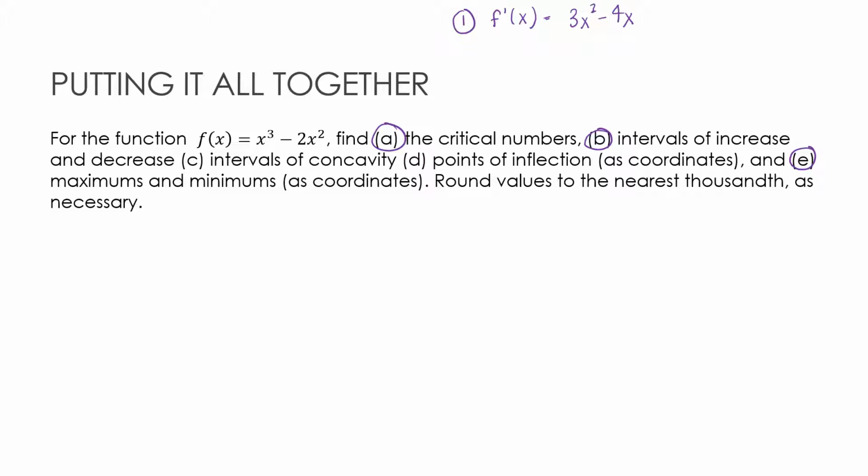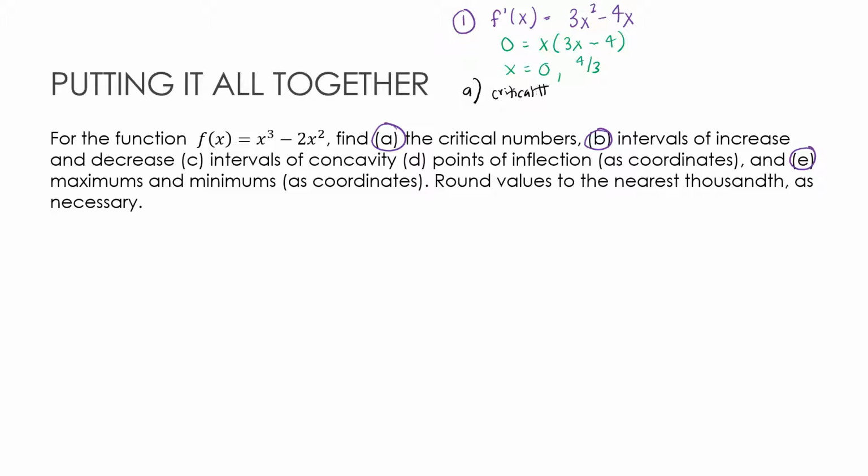And for the sake of the fact that I know I'm going to use it, I'm going to go ahead and find those critical values. So I'm going to find 0 equals, actually let's go ahead and factor this. Take an x out, get 3x minus 4, which means x must be 0 or 4/3. So for question A, I'm just going to put these over here. For A, the critical numbers,